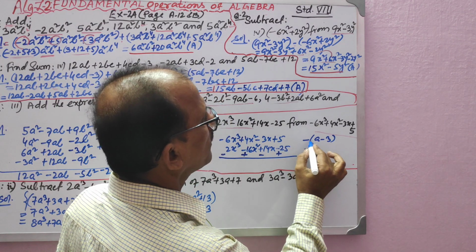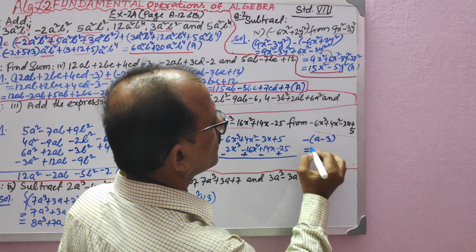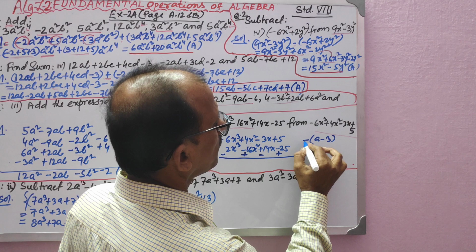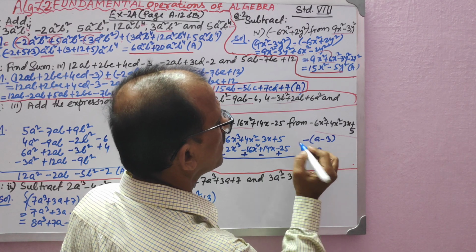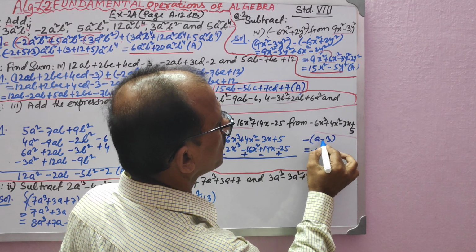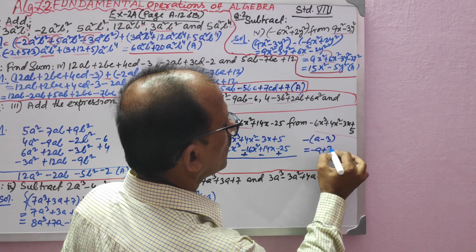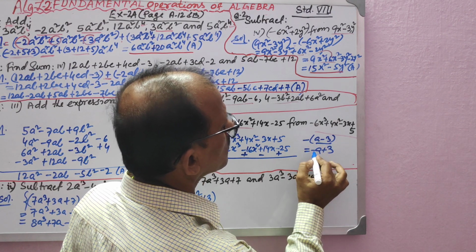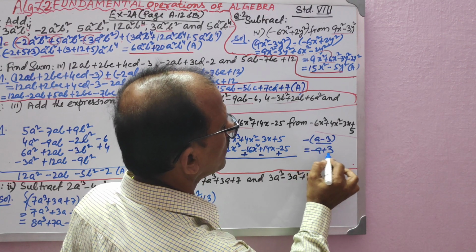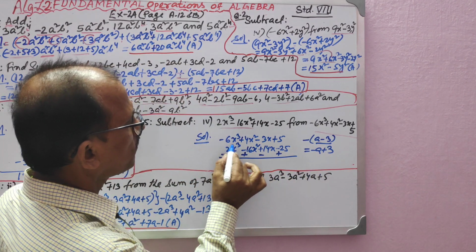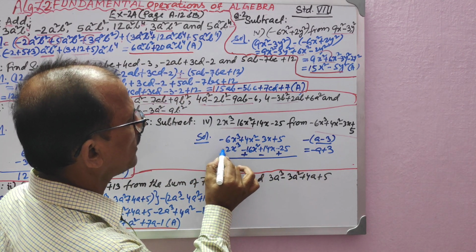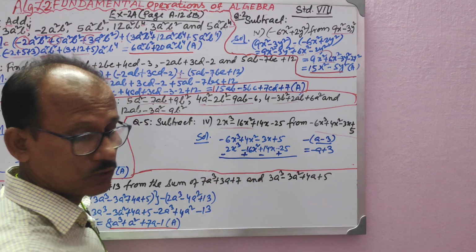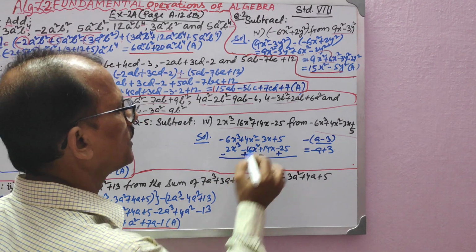If you remove the bracket, it was having a plus sign. Will it not be minus a? Minus into plus is minus. And here the 3 was having a minus sign, minus plus. So is it not the opposite sign of whatever it was in the bracket? That is why the subtrahend will have the opposite sign. Whatever sign was there, it will be opposite in terms of minus or plus. Could you understand me? That is why.